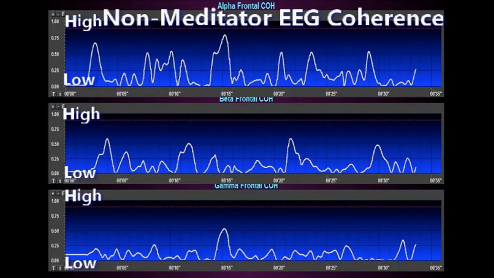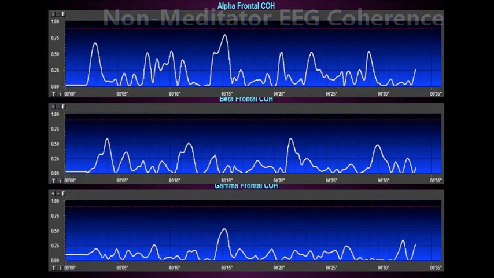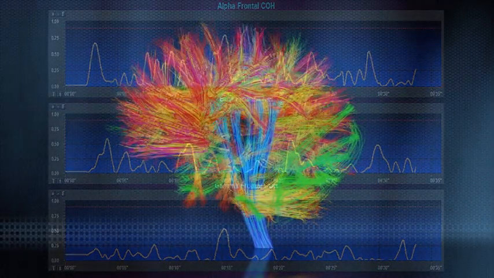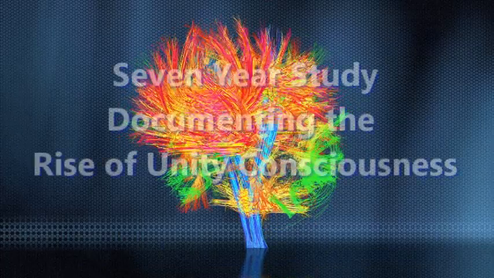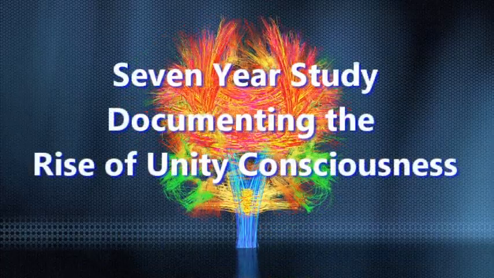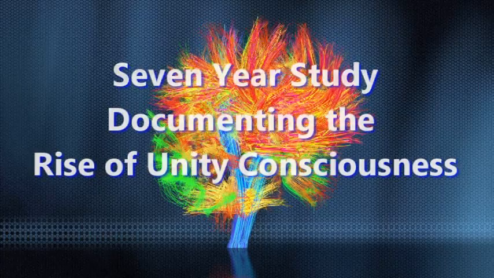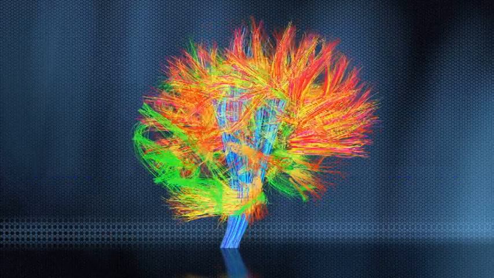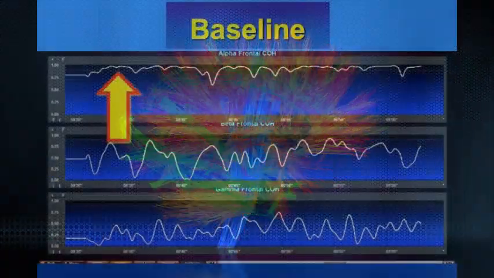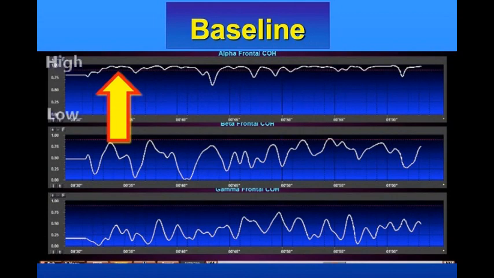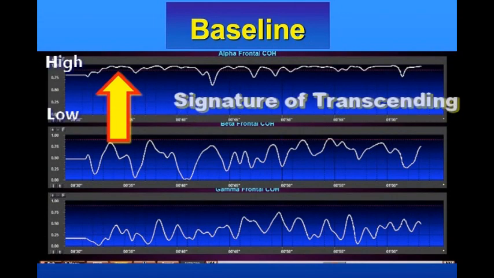This happens to be a non-meditator EEG coherent plot over 30 seconds, and you can see that the coherence of alpha, beta, and gamma fluctuate around 20, 30, 40% from minimum to maximum. What we're going to do now is show you an individual practicing over 7 years Maharishi's technology supporting the rise of unity consciousness. Here are our 3 panels again, this time the baseline of an individual who's been practicing TM